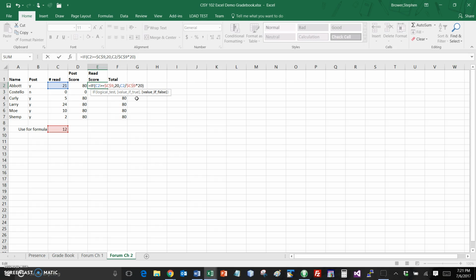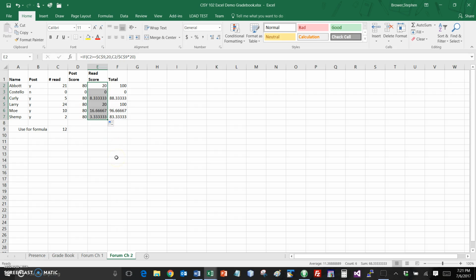So what this will mean is when I copy this formula down to row 3 for Costello, the C2 is going to change to C3. So this way I'll be looking at Costello's score, but it's not going to change the C9. Okay, so now when I take this formula and copy it down, I'll have to do formatting in a second, but we see Costello is 0, Champ is not that much, Mo is not that much,